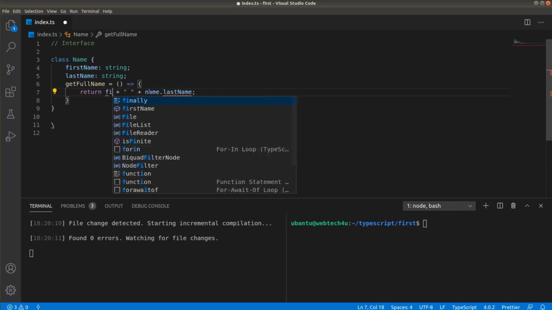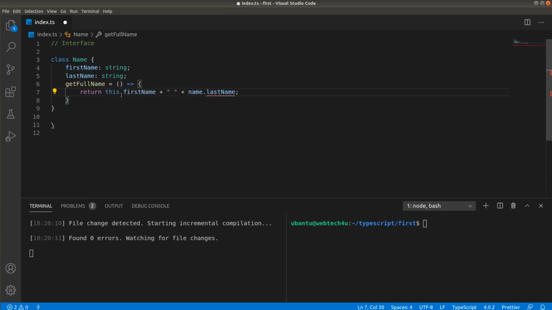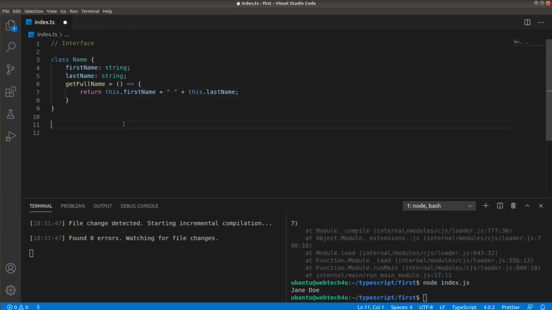So to access the class fields, we need to use the this keyword to refer to that field related to the class, and instead of last name, we will use the lastName field of that class. Okay, so let me declare a variable of type Name. I have declared a variable name1 of type Name, and here you can see a colon, and then I'm specifying that the type of the variable should be Name. If I hover over name1, it shows that the type of the variable is Name. This thing is called type assertion in TypeScript.